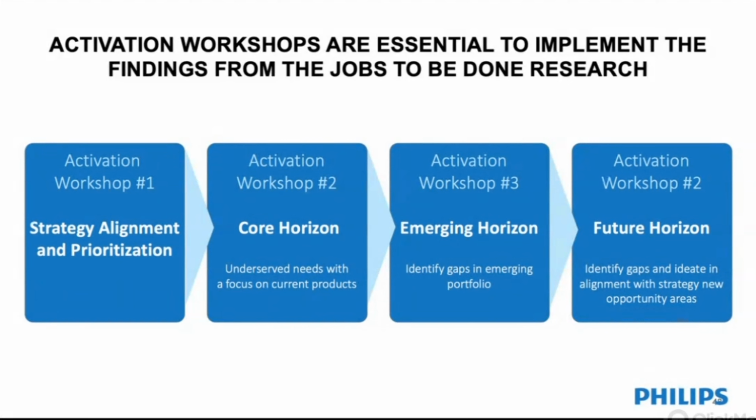So we are at the end of the jobs to be done study, let's say. We organize a series of activation workshops. I have to say that the people that are key in the decision-making process about the innovation have to be aware of that study already when it is running. It's too late to make them aware in the activation workshop. It should not come as a surprise. So it should be an activity which is somehow endorsed in the organization,